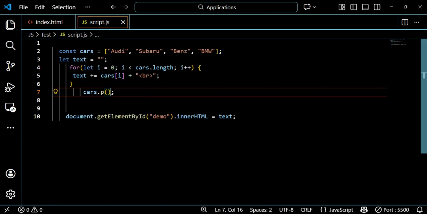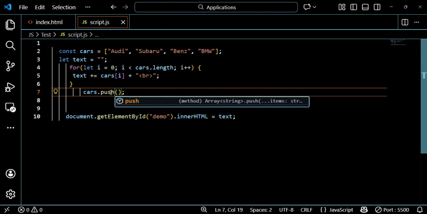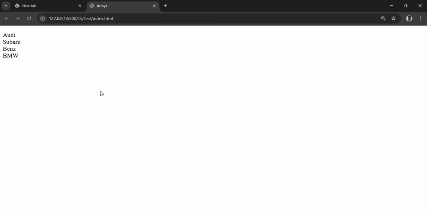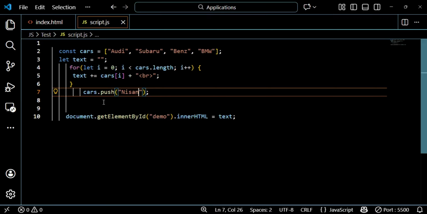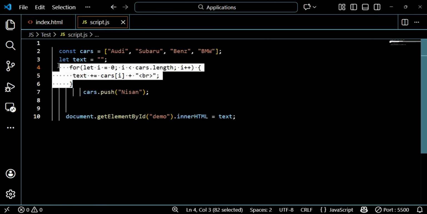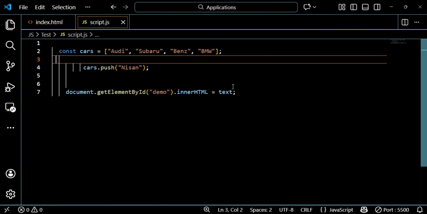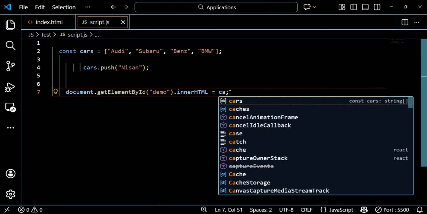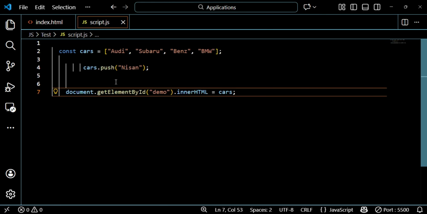Let's try push. cars.push, let's give it a Nissan. Let's see where the problem is. Okay, it's not displaying. So there must be an issue here. Let me confirm. So it's cars.push Nissan. Okay, let's remove this. The reason it's not displaying something is because we are calling on to that text, and this is not inside that